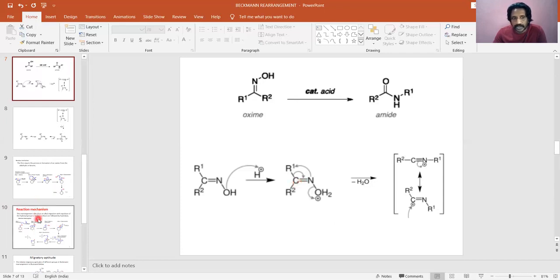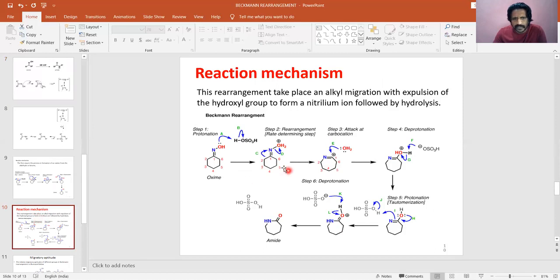And here also, after the reaction, the carbon next to the nitrogen has a plus charge. Why? Because the carbon at the second position attacks the nitrogen by breaking the 1,2 bond. When the 1,2 bond breaks, out of the two electrons present in this bond, one electron of this carbon and one electron of this carbon, these two electrons are used by the second carbon. So this carbon will have a plus charge. That you can understand.